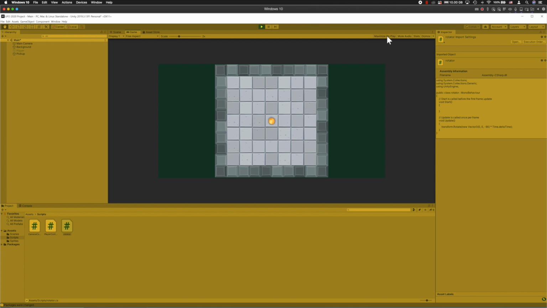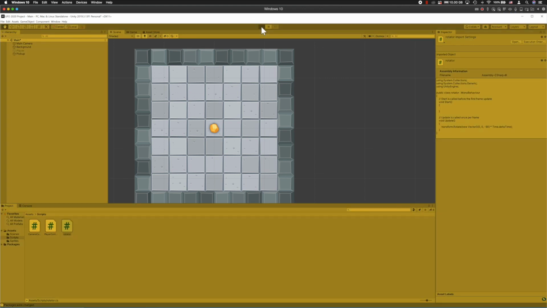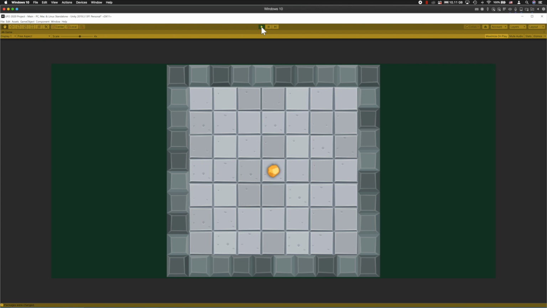If I select maximize on play, now it doesn't have an effect right now. I have to stop the program. Wait, where did maximize on play go? It's not there. You have to do it while in play mode or run mode. Now when I run, notice what happens. This thing's going to fill up the entire screen because I've maximized it on play. So I get a perspective of what it looks like if I'm running this program full screen. If I take this off, maximize on play, stop and start, then it'll start in the regular view that we